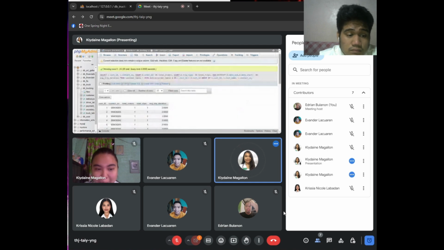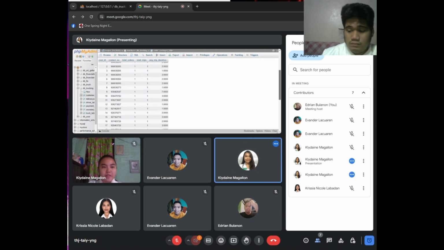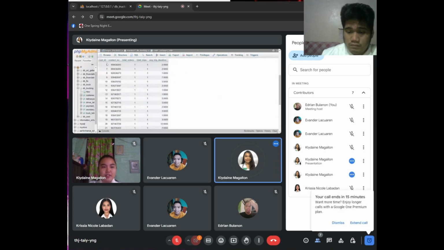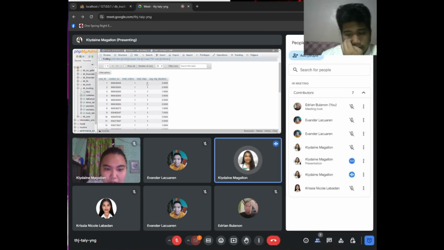So here it shows the delivery table. It shows the customer ID, then the number of total orders. So customer 1 has a total orders of 1, then total trips of 1.